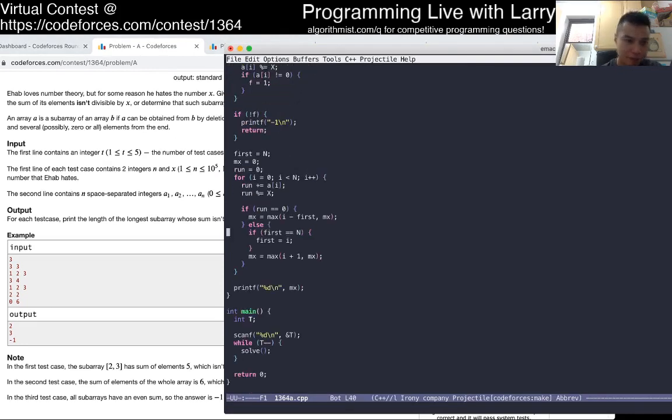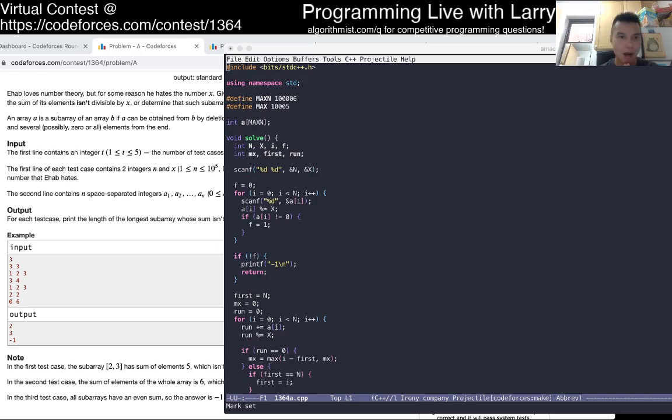But basically, for problem A, let's say you have a prefix sum, right? And the prefix sum, by definition, means the sum of all the elements from element 0 to the current index.